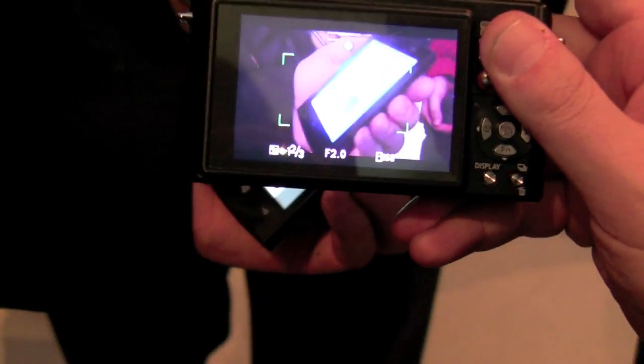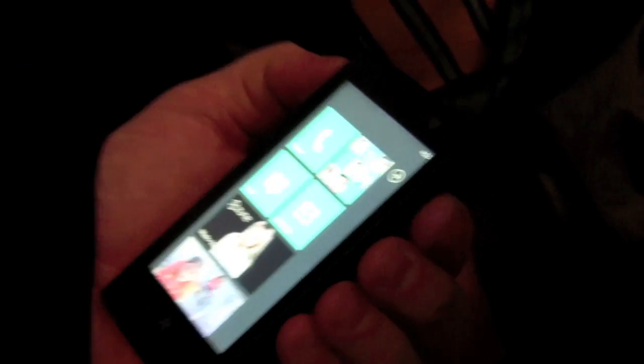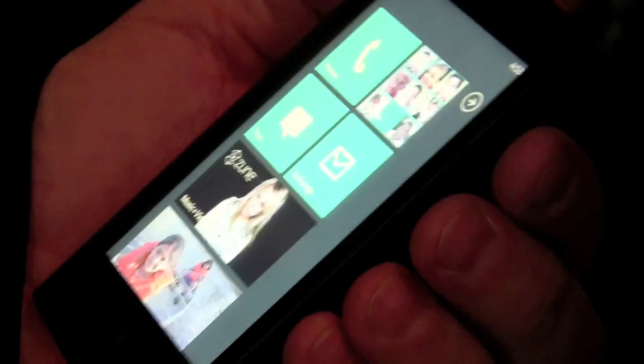But does it have a task manager and multitasking and stuff like that? The user comes first in this design, and so we thought about all of the things that a user might need to think about, and we're abstracting customers from things that they don't need to know about. So it's not the same as the Windows Phone 6.5 experience that you've seen before. It's completely brand new, and it's designed for users, everyday users.